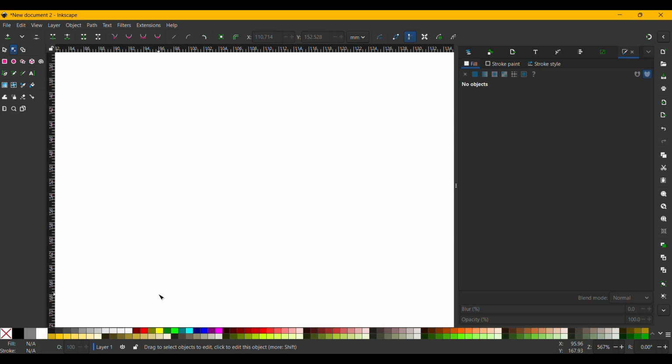In today's video, I'm going to show you exactly how to draw an arrow in Inkscape, step by step, whether you want a simple straight arrow, a curved arrow, or even a circular arrow design. By the end of this tutorial, you'll know how to fully customize your arrows, including the size, style, color, and